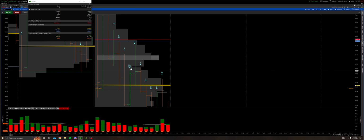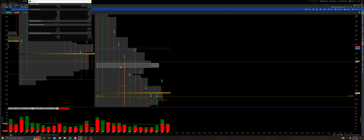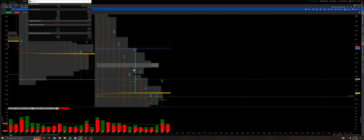All right. Now in H period, we did, however, pop and get up to POC right here because we were 1, 2, 3, 4, 5, 6 time frames. We're six wide here at C's low. So POC was right in this range. H period pops up to POC. We push up. I was looking to short an H period near the open,